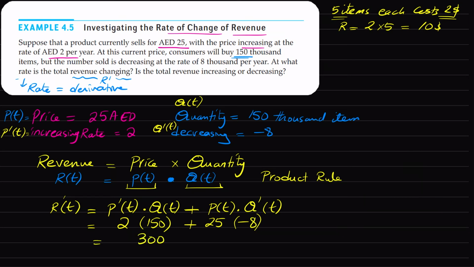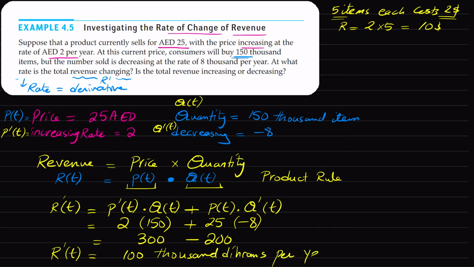So it's 300 minus 25 times 8, which is 200. So the rate R prime of t is equal to 100,000 dirham